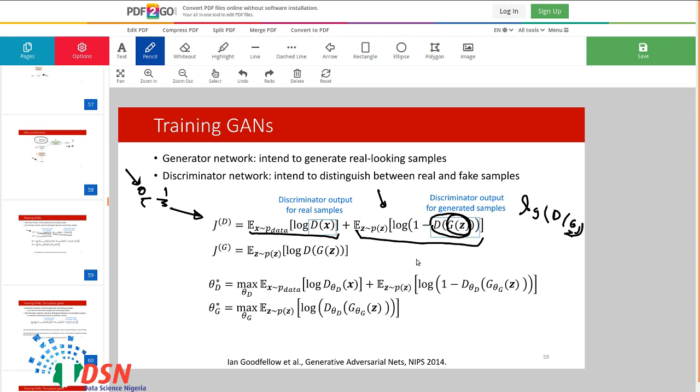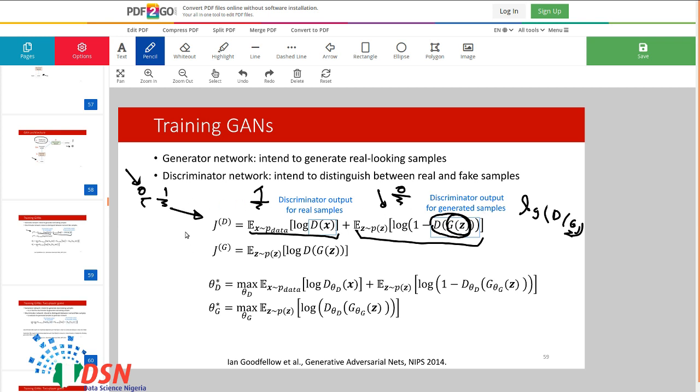So in fact, for the real samples, we have this term where we want to get the output of the discriminator close to 1, and we have another term for the generated samples, which are fake images, and we want the discriminator to give 0 probability for them.